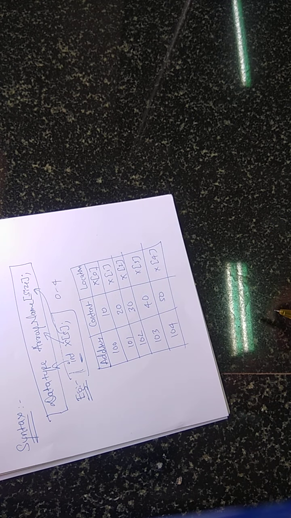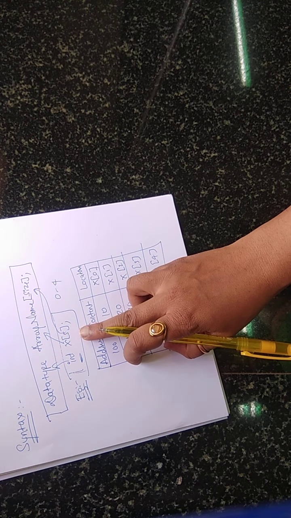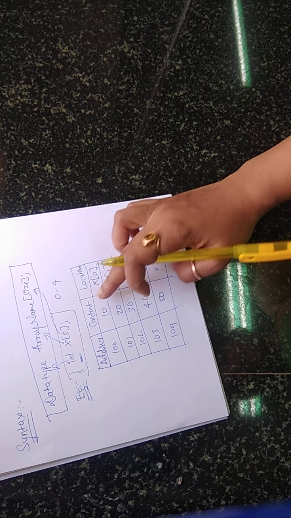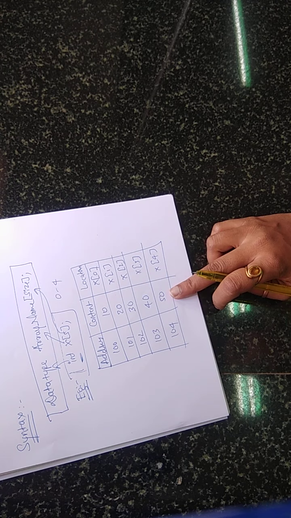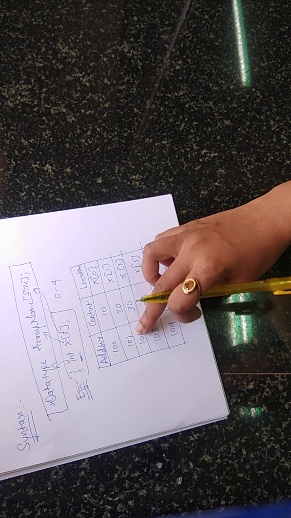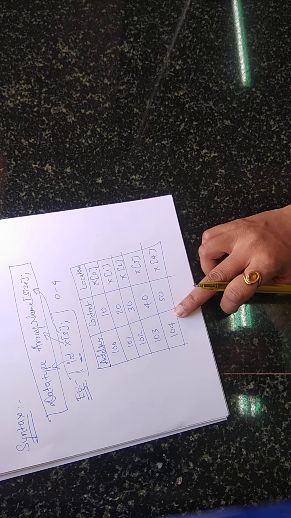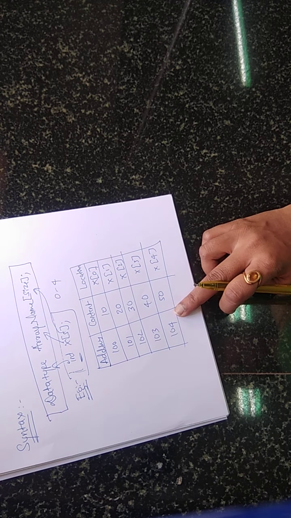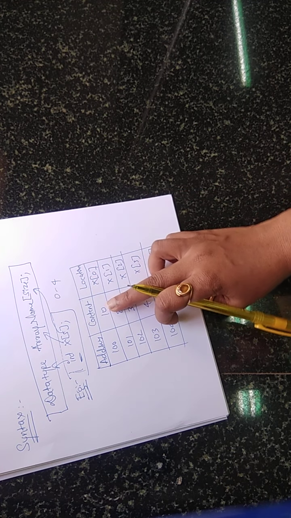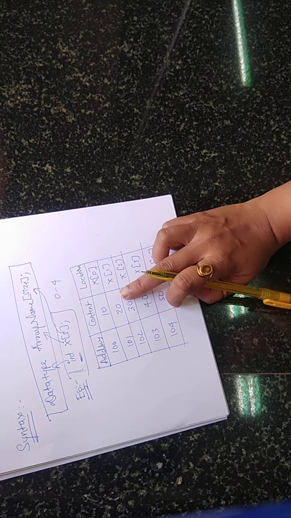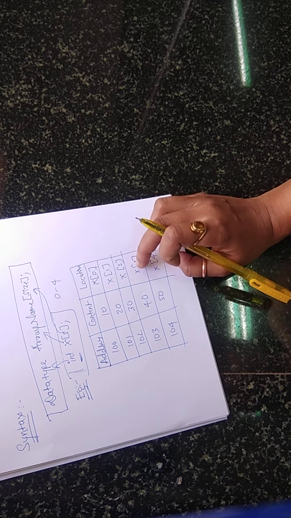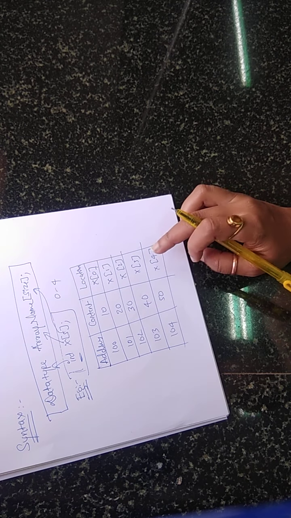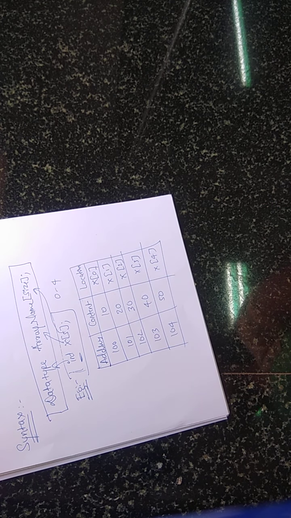Done? So what all the elements were stored in X? In X we had stored 5 elements. Those are 10, 20, 30, 40 and 50 respectively. The memory address of each element is 100, 101, 102, 103 and 104. The location of each element is X of 0. In X of 0, 10 is stored. X of 1, here 20 is stored. X of 2, here 30 is stored. X of 3, here 40 is stored. And X of 4, here 50 is stored.